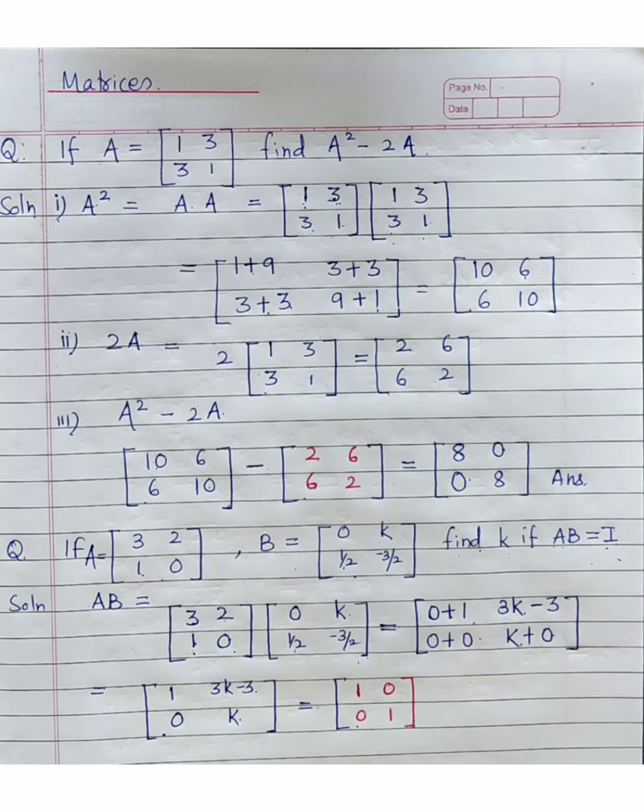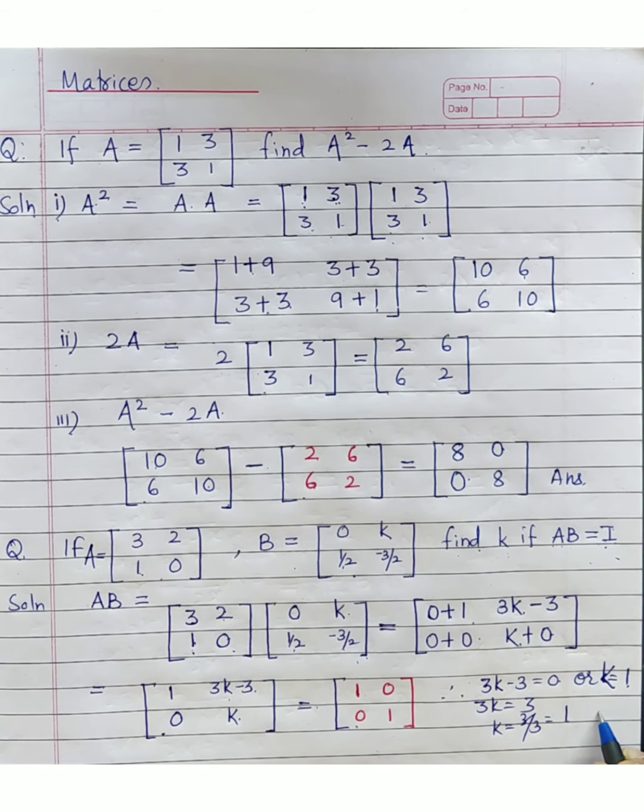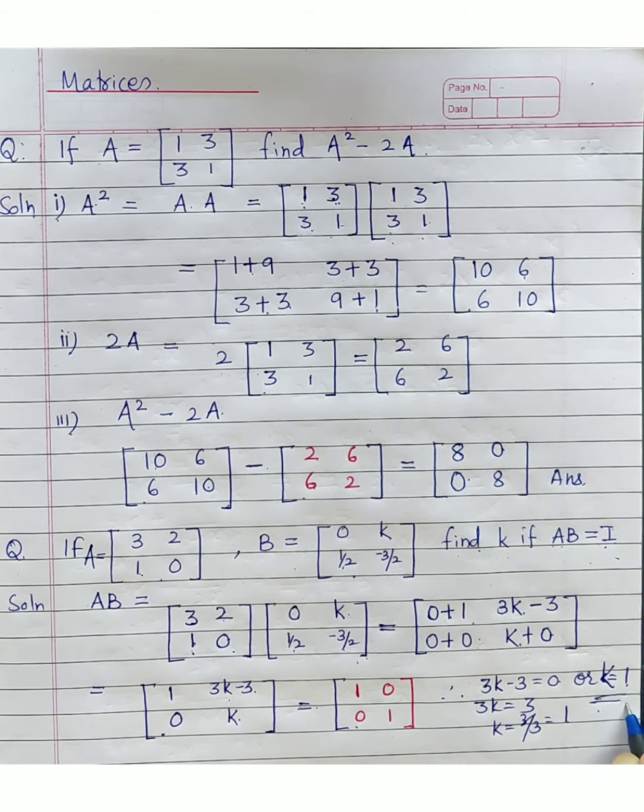So you have got here two expressions. You can put 3k minus 3 is equal to 0, or from here directly you have got the answer k is equal to 1. So here matrices are equal, so corresponding elements will be equal. That statement you can write 3k minus 3 is 0 or k is equal to 1. From here also you can check out 3k minus 3 is 0, that means 3k is equal to 3. That gives you simply k is equal to 3 by 3, k is equal to 1. So what is your answer? K is equal to 1, right?